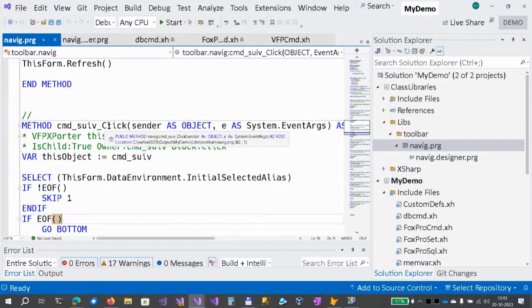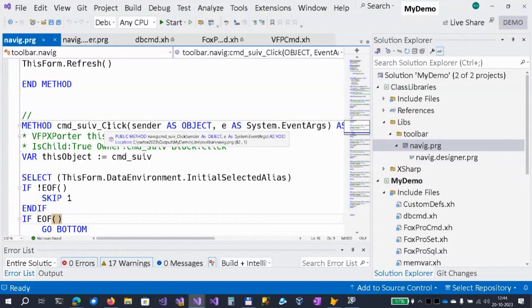But FoxPro events are handled at the control level, so the click event is linked to the button. In Windows Forms, events are usually handled at the form level. So our converter has converted the click event on the command suivre button to a command suivre click event on the form.